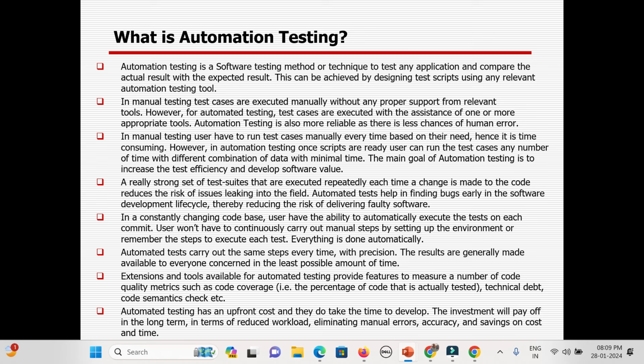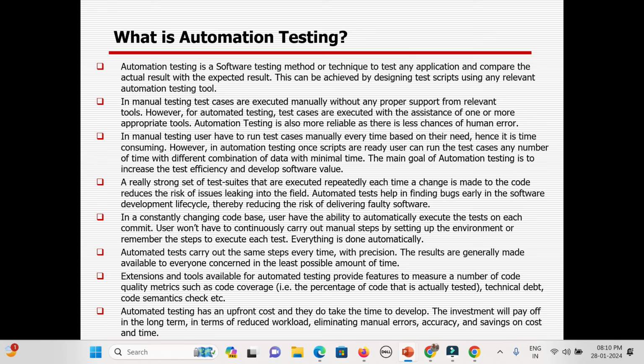So for that, there are two important concepts. First, you need to do a POC. Here POC is not a point of contact, guys. Here POC means proof of concept. Before starting automation, you first need to understand your application, your landscape, your requirement.